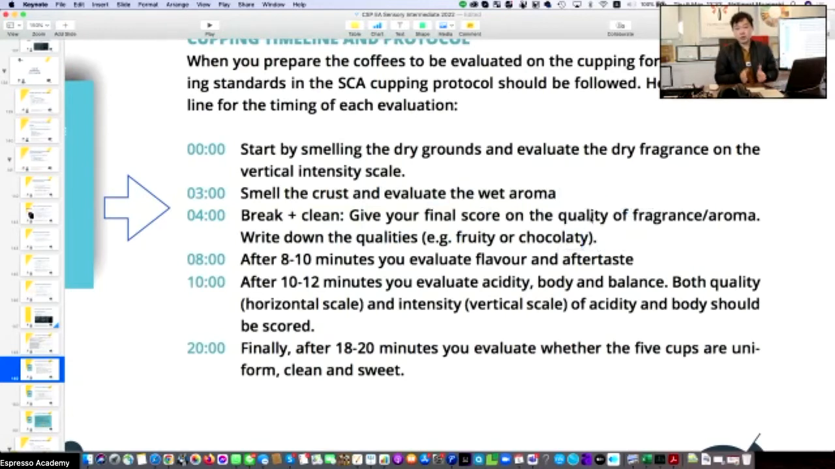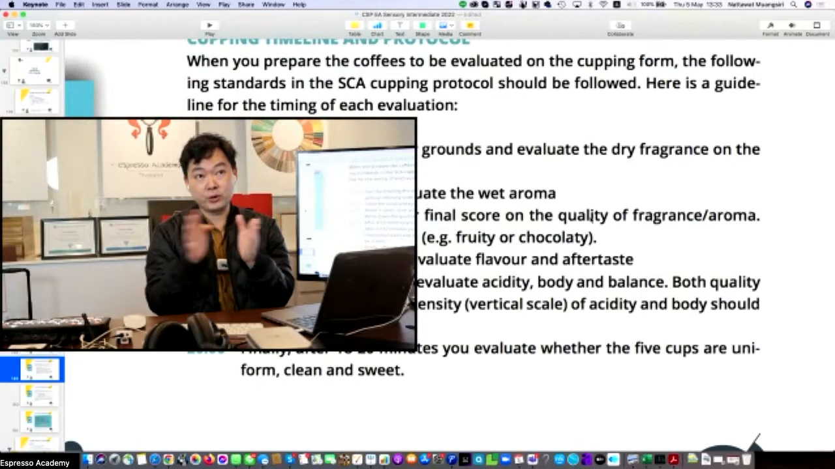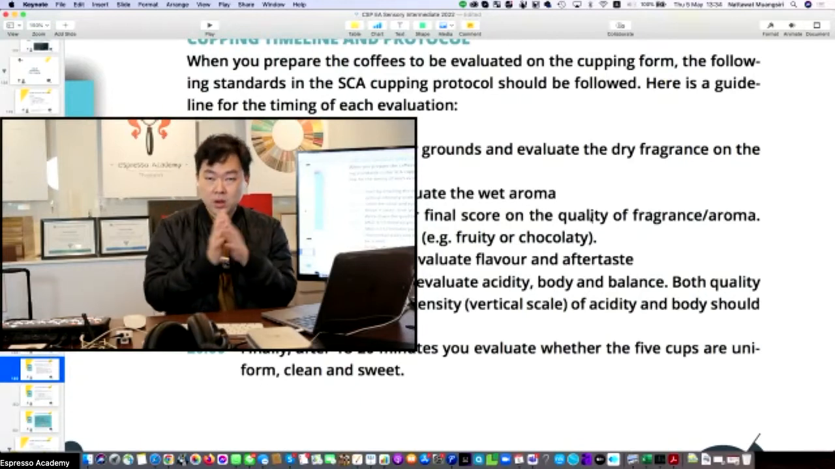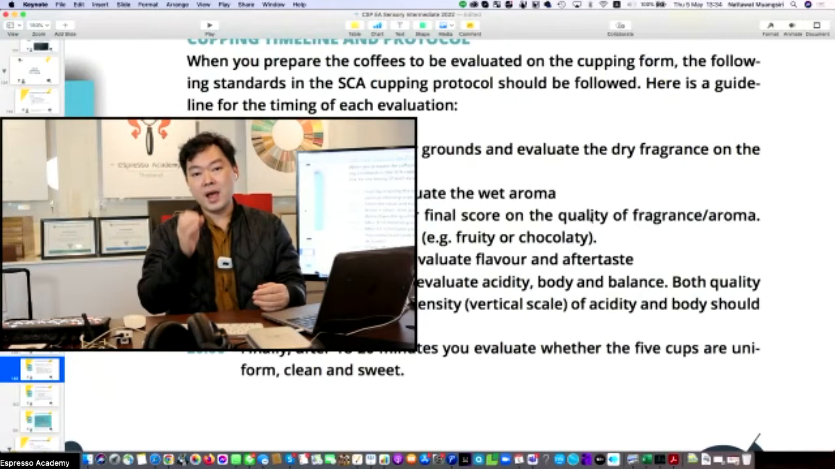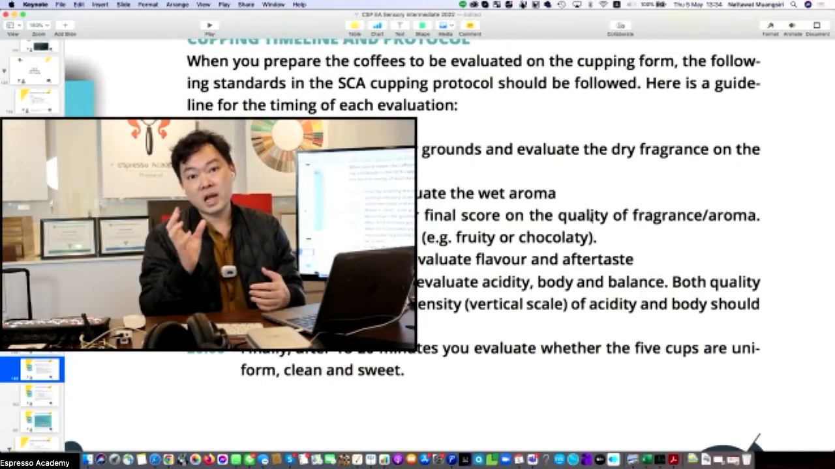For fragrance and aroma, the very first box will be scored at the 3 to 4 minutes. Why? Because for fragrance, you have 15 minutes to evaluate. You can give an 8 or you can give a 7.5. That's on fragrance. And once the water hits the coffee, they start to extract